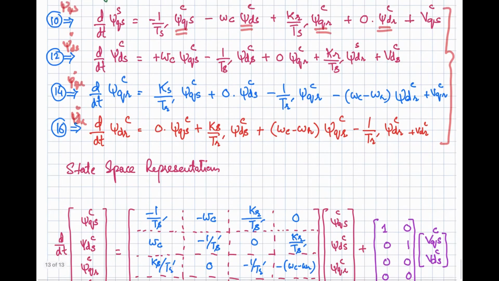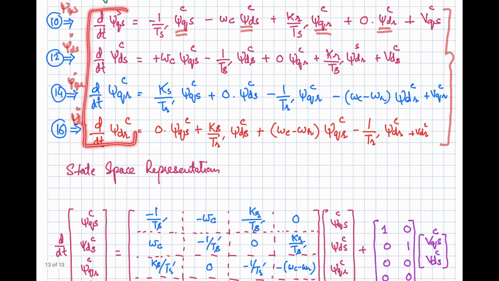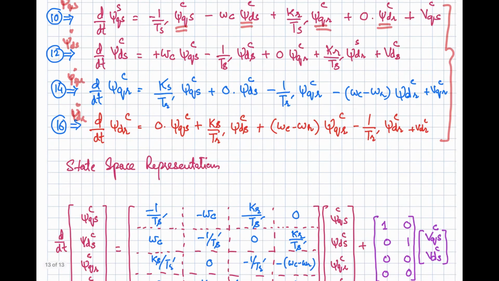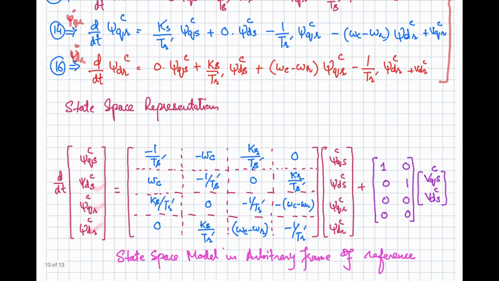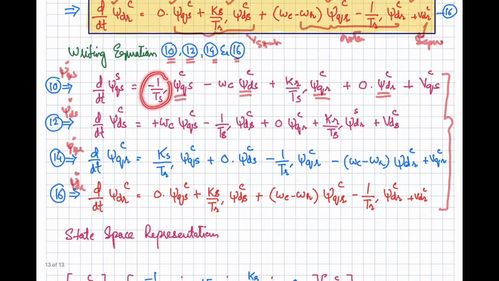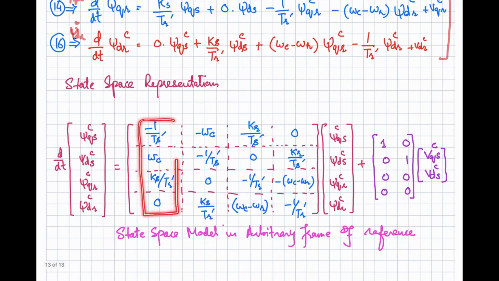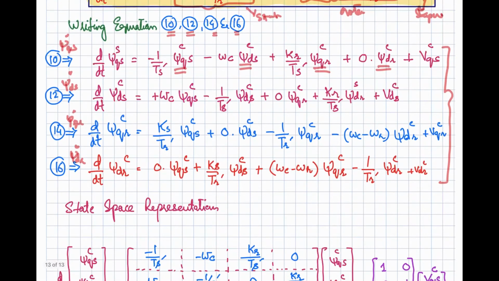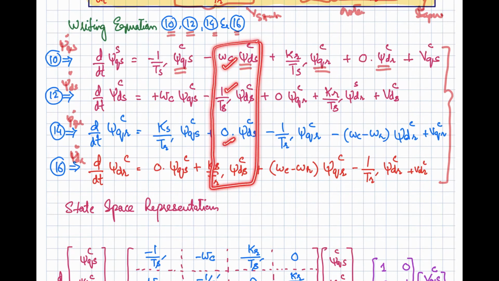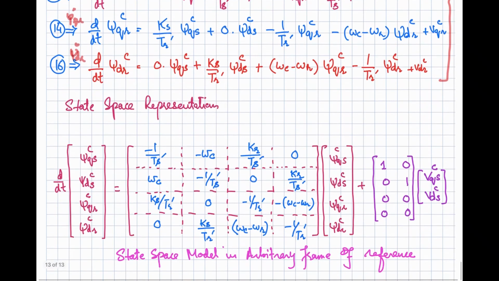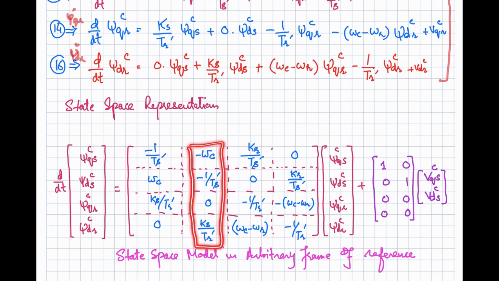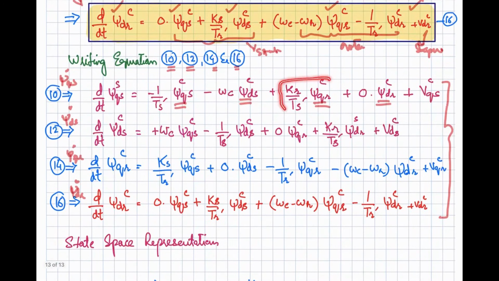So here you can see this is going to be written in the matrix form like this, that is the derivative of the phi qs, phi ds, phi qr and phi dr, and then collecting these terms: minus 1 by Ts, omega c, Ks by Tr, and the 0. So this is the term which is linked with the phi qs in all of these equations, and then considering this one, the terms with phi ds: minus omega c, minus 1 by Ts, 0, and Ks by Tr prime. So you can write it like this, and the third one is the phi qr. So phi qr terms are these ones,